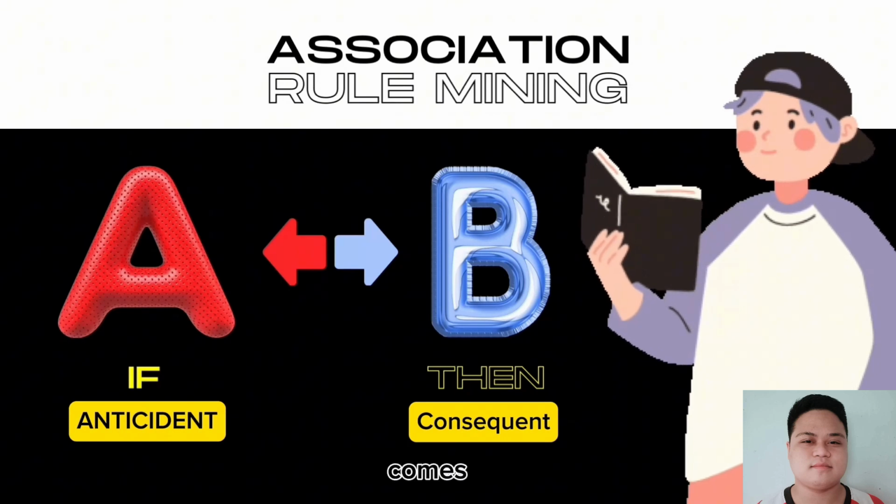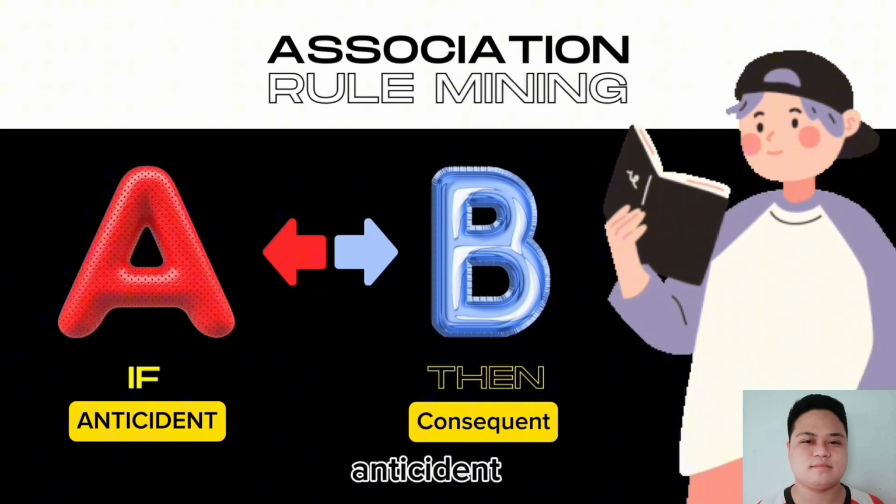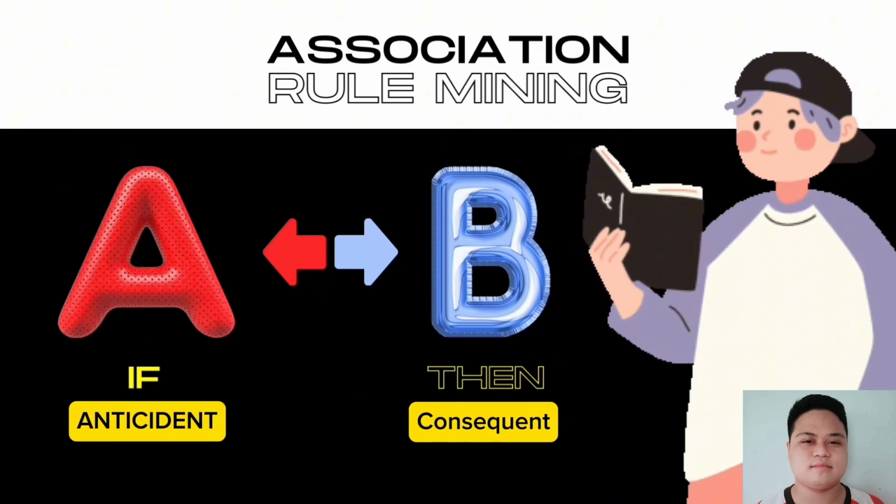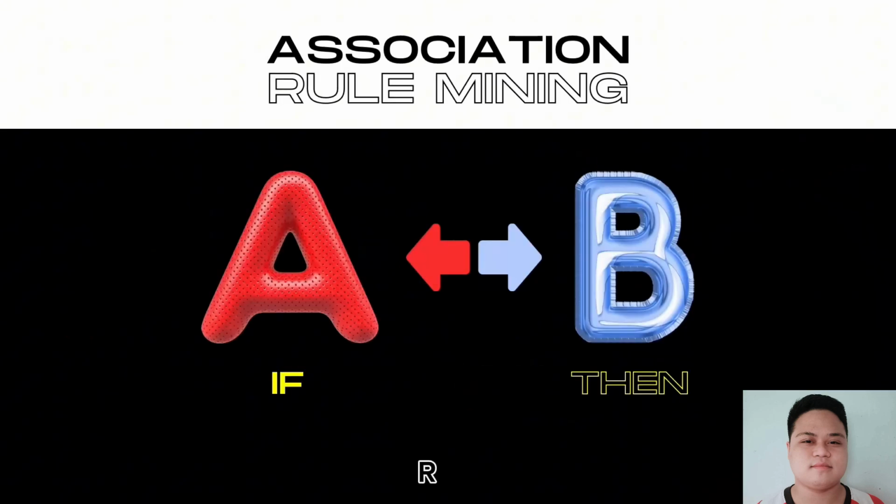This comes along as an item with an antecedent group, or group of the antecedents approaches. Now if you look at the image here, RB means that if a person buys an item A, then he will also buy an item B, or he will most probably buy an item B.